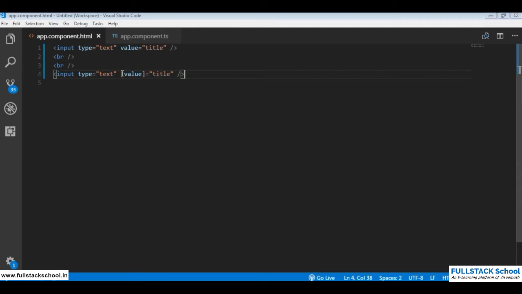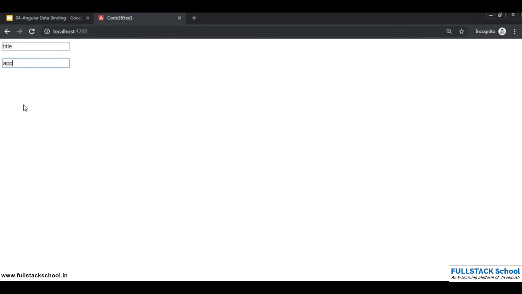So when I have this set of square brackets for a property, I'm binding the value available in title over here. You can see the difference. When I say value equal to title, I see title as it is in the text box, but when I say value in a set of square brackets, the value available in title is what you see in the text box.